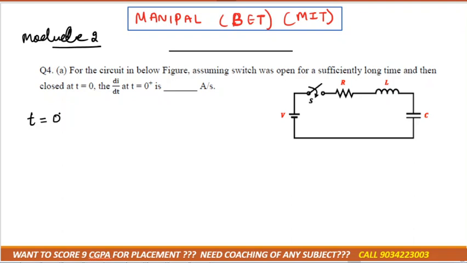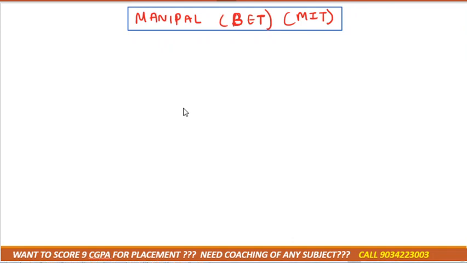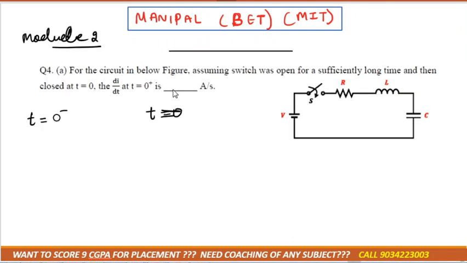Equal to 0 minus, and another condition is at t equal to 0 plus. Okay, so tell me, at 0 minus the switch was open or closed? Just see the switch position. What does it mean that at t equal to 0 the switch is closed? Okay, I am writing down that at t equal to 0 your switch is